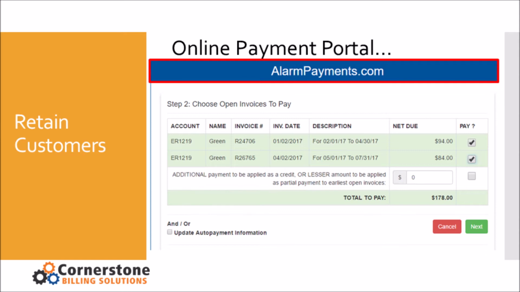They basically could use ours, and that portal connects directly to their subscribers' invoice detail. So somebody gets a paper bill, they go online. People sit in front of computers most of the time, so they can go online, check the 2 boxes for the 2 open invoices in this case, and then proceed to a normal checkout process like you would at any online payment site.